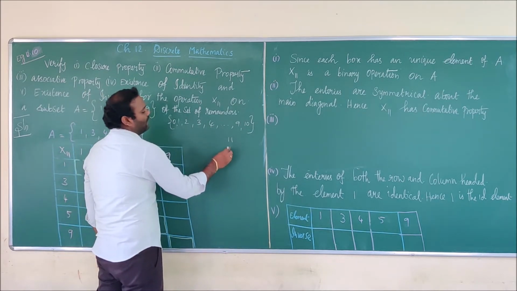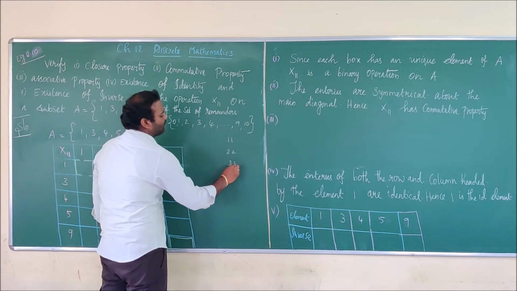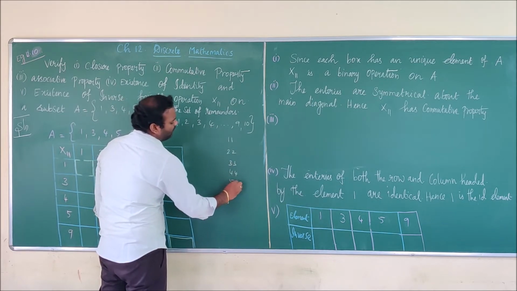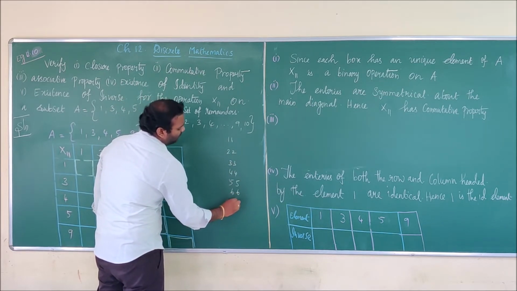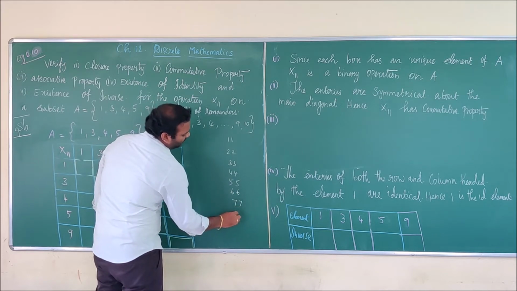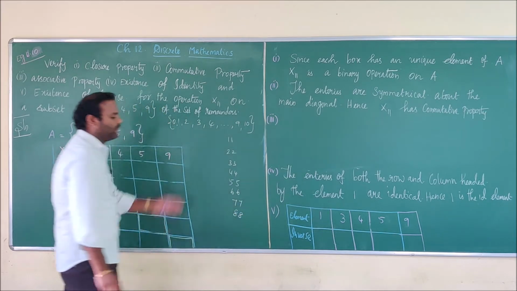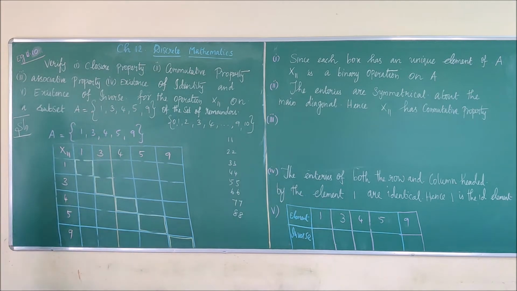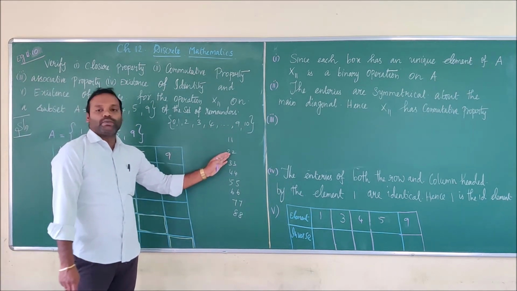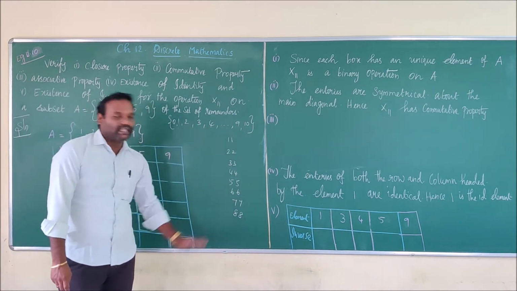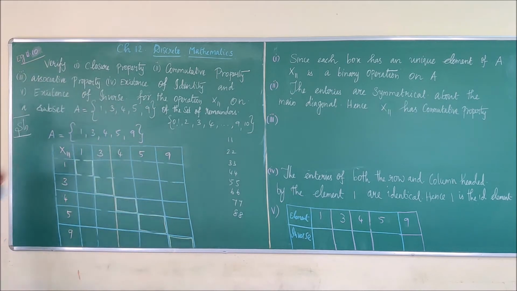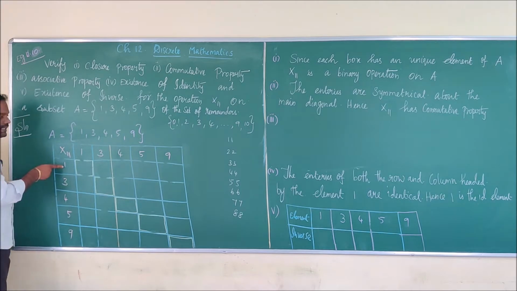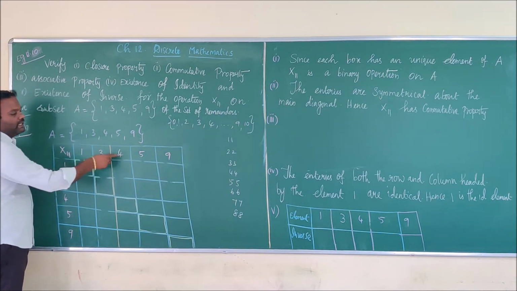11 table: 11, 22, 33, then 44, 55, 66, 77, 88. So these are all the numbers in the 11th table. That is, 1 eleven is 11, 2 elevens is 22. Like that you just write the numbers up to 88. Okay. Then I will say the procedure, what to do. First, you have to take the number and multiply with each and every number.